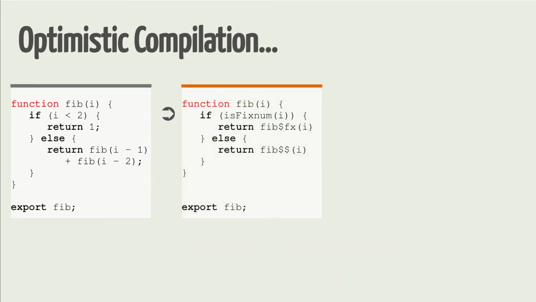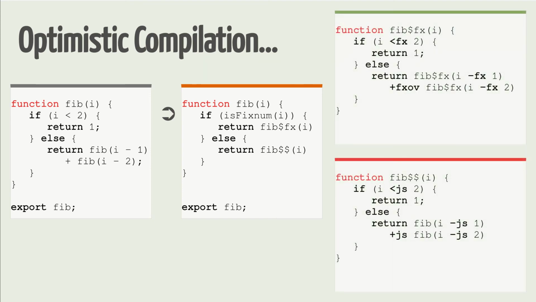The fib function will be compiled into three functions. First, a dispatch function that will branch according to the type of the argument. Second, two versions are generated. One specialized version, above with a green mark. One generic version, below with a red mark. The specialized version, specialized for integer arithmetic in this example, is much faster than the generic version because it uses faster operators that do not check the type of their arguments.